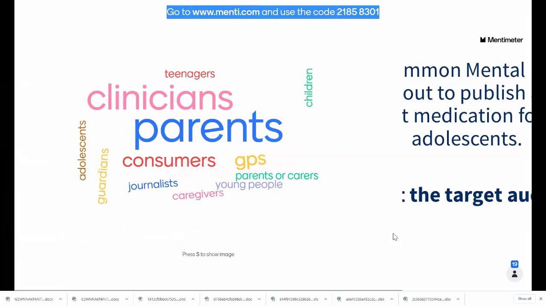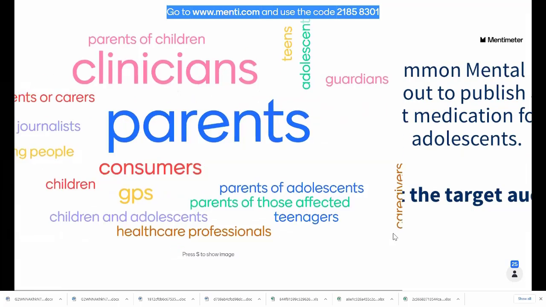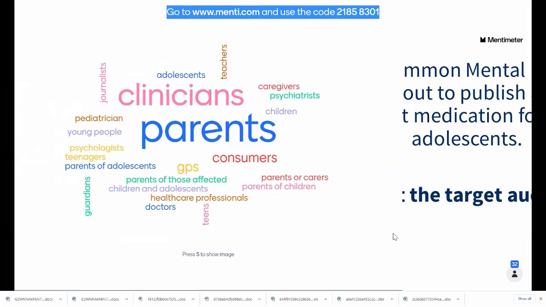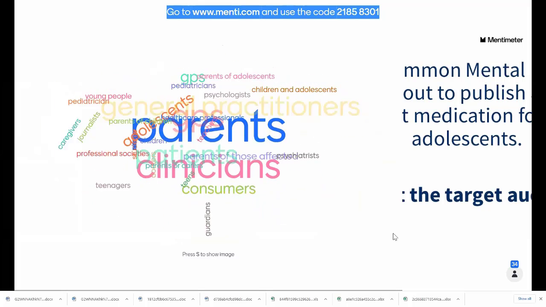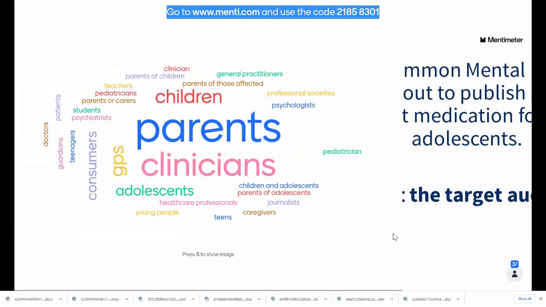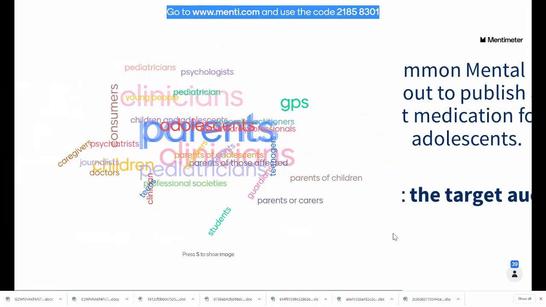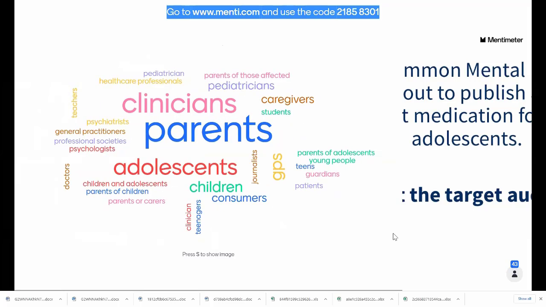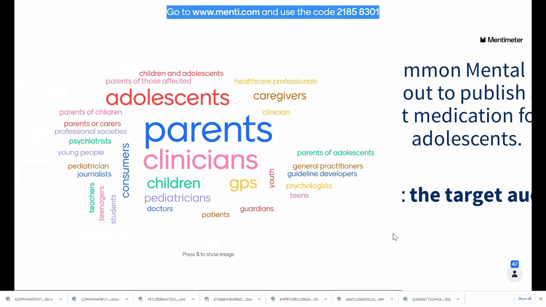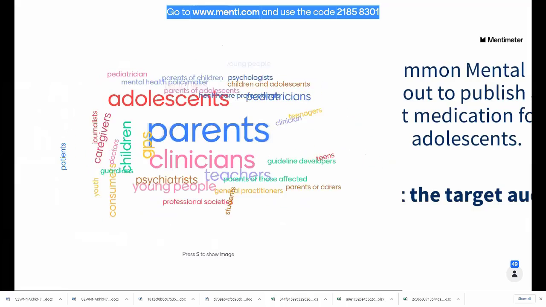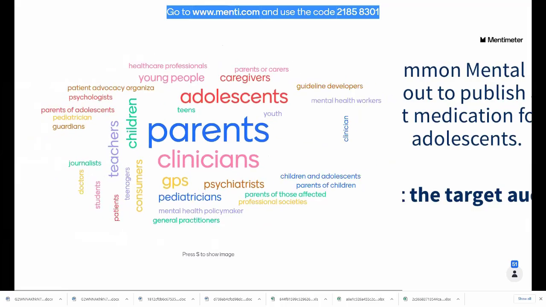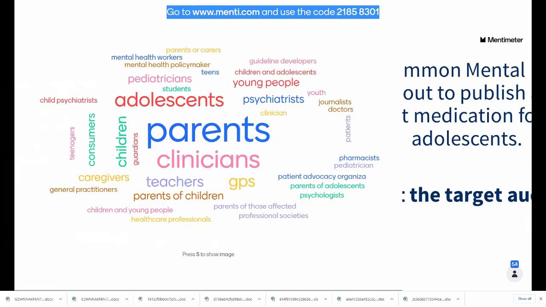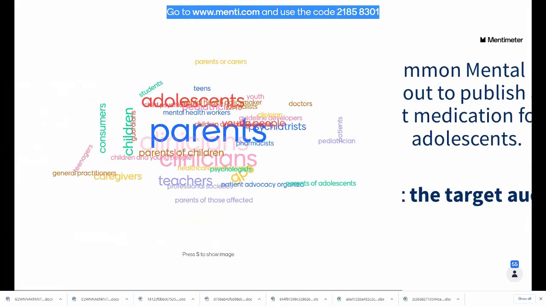So we've got parents there, clinicians, parents and carers, obviously the children and young people, children, adolescents, different phrases for those. They're really important. And that's a really interesting consumer group that we would like to try and get more involvement from. We've been working quite hard in our group to try and find ways to involve children and young people in our research, in our reviews more. So that's great. We've got paediatricians, psychiatrists, guardians, mental health policymakers.